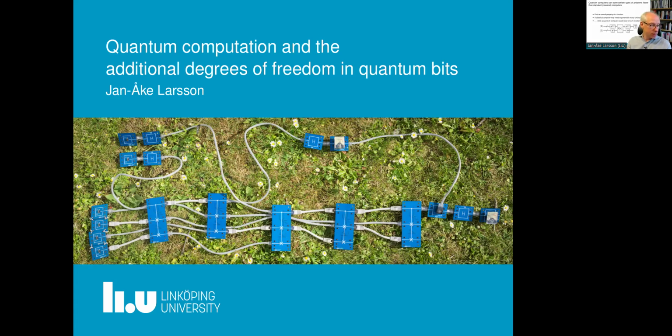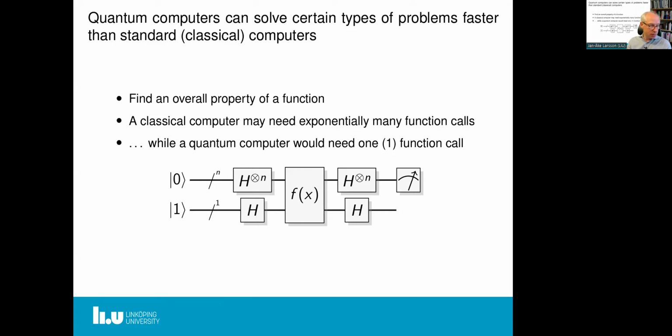Okay, so quantum computers can solve certain types of problems much faster than a standard machine can do. And these problems are typically of the kind where you want to find an overall property of a function, and you need exponentially many function calls to do that. A quantum computer might not need so many calls. It might be satisfied with just one function call. And the setup is on the screen: you typically have the function call in the middle, and then you have some extra gates from the quantum regime, in this case, Hadamard gates. And at the end, you